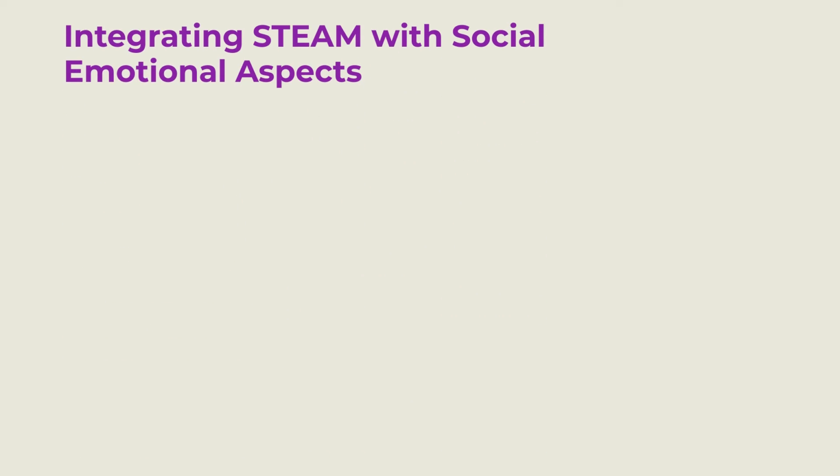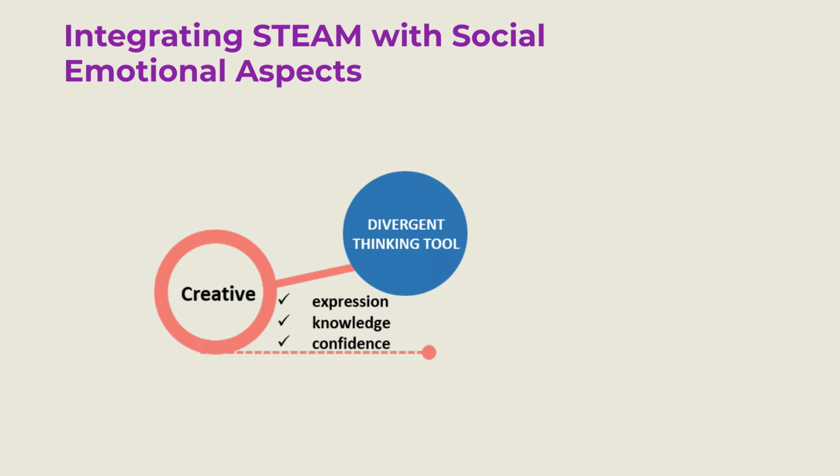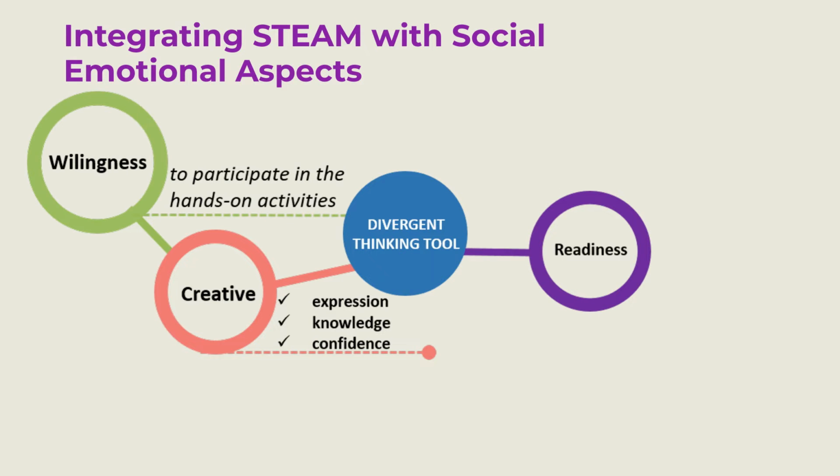Integrating STEAM with social emotional aspects. The Scamper technique is also known as a divergent thinking process, a fun technique that can improve students' creativity and their creative confidence. Their readiness, engagement, and willingness to participate in hands-on activities as scientists, as well as exchanging ideas